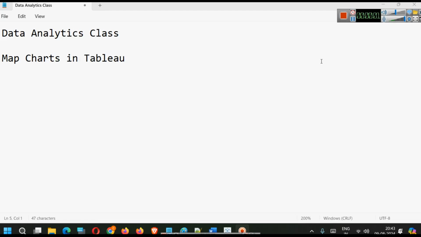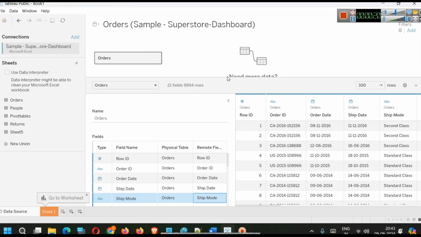So we are continuing our data analytics class series as we have started with Tableau. So we are continuing with map charts in Tableau at this moment. And as the name suggests, map charts, Tableau offers two types of map charts and we will discuss how to